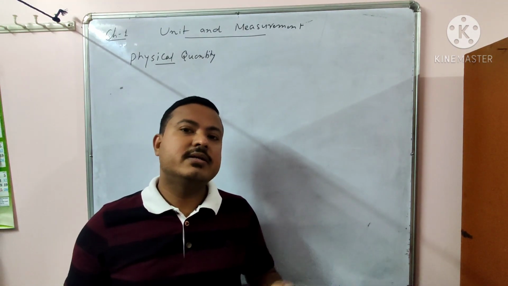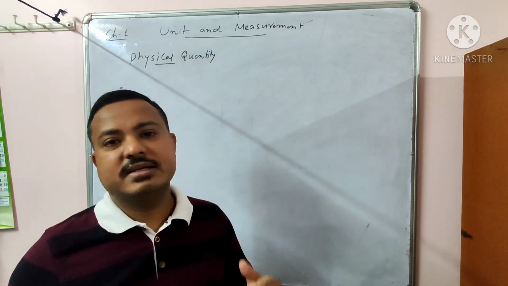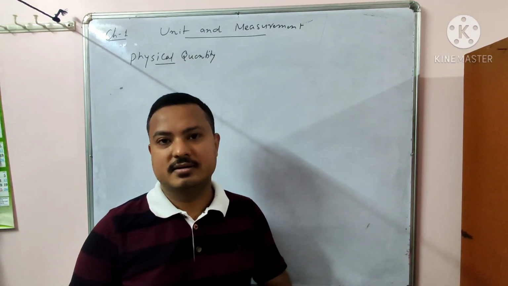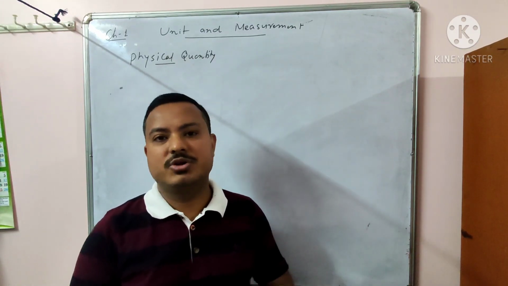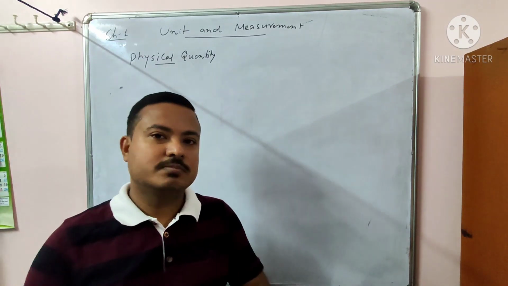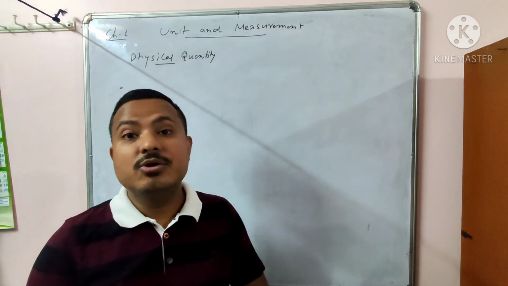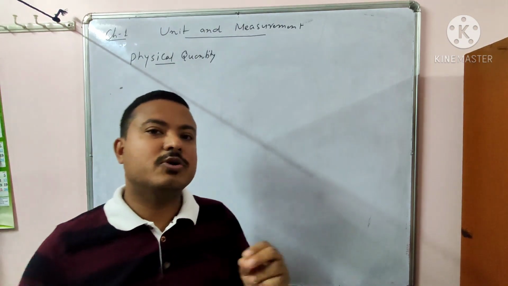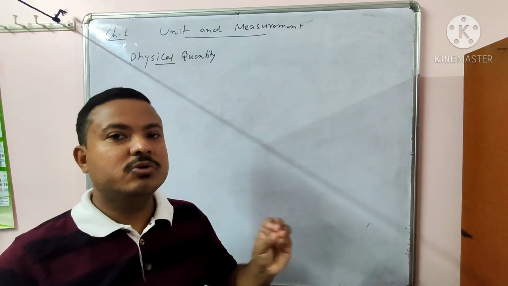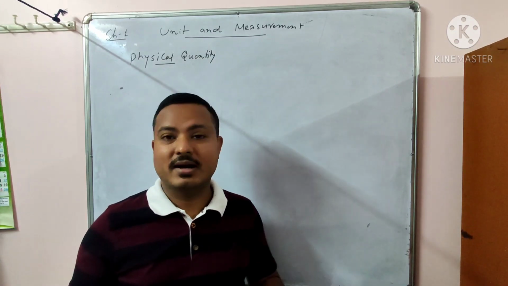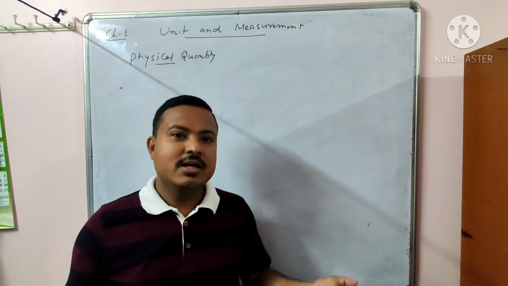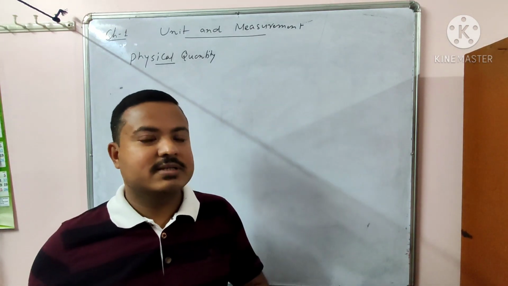There are some quantities which you cannot measure directly. For example, if you want to measure the distance between the Earth and the Sun, or the distance between any two heavenly bodies, or if you want to find the radius of an atom or the radius of the nucleus, it is not possible to put a scale there to measure it. In such cases, we use indirect measurements. We have the parallax method, and Avogadro's method. We will see later on. Anyhow, if it can be measured directly or indirectly,